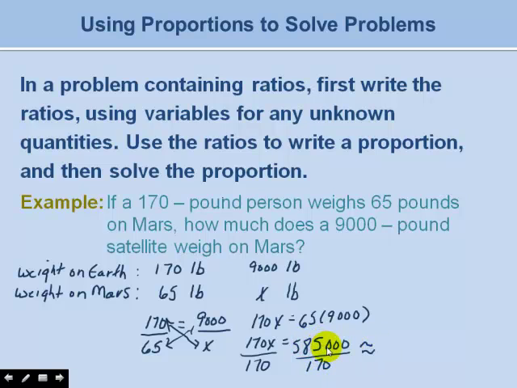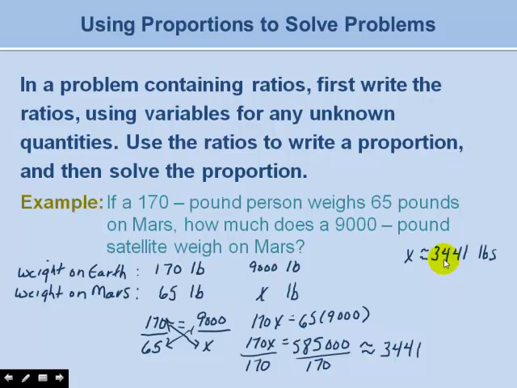And if we divide the 585,000 by 170, we get 3,441. This is an approximation because we're rounding to the nearest pound here. So we would end up with our solution being x is equal to approximately 3,441 pounds. Now we do want to go back and check this in our original equation just to make sure,